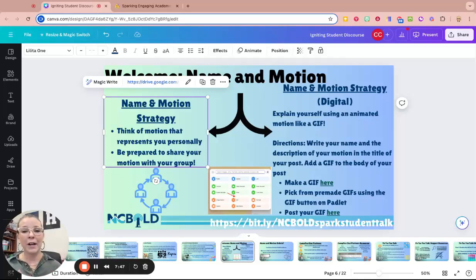But the research behind this activity, especially if you do it in person, is the motion actually resonates with kids more than the name. So when you go to partner kids up and you ask them to start talking about academic content, even if they don't remember each other's names, they probably remember their motions. And so if a kid gets partnered up with me, they remember, hey, she likes racing remote control cars. So it's a moment for us to connect with that. If they know that I like racing, they can be like, hey, did you win the last time you raced, or something like that. So the motion is really what makes a strategy like that effective.